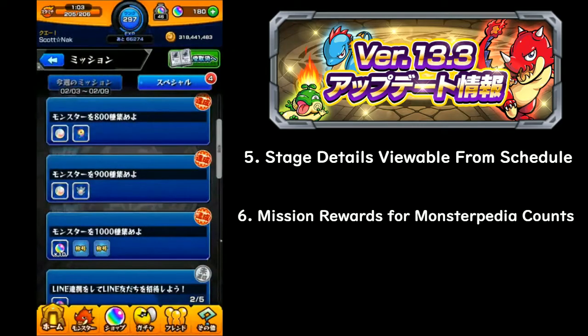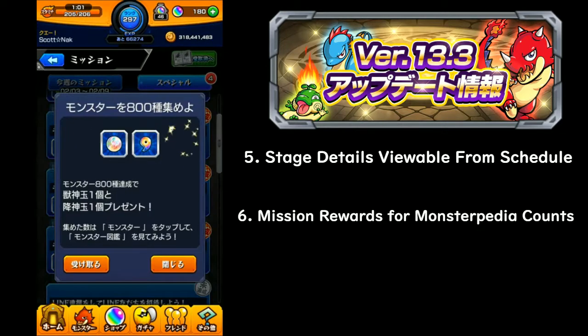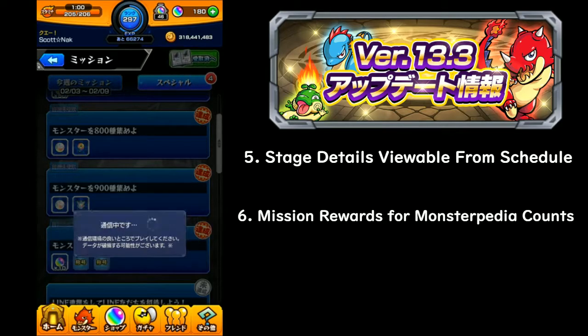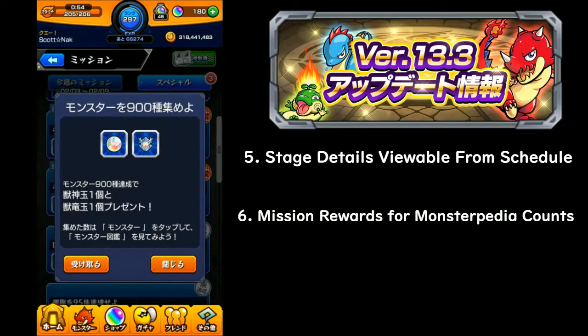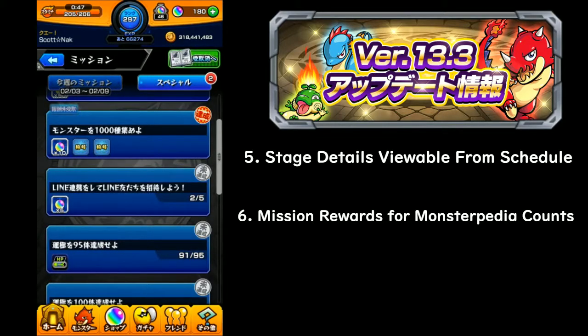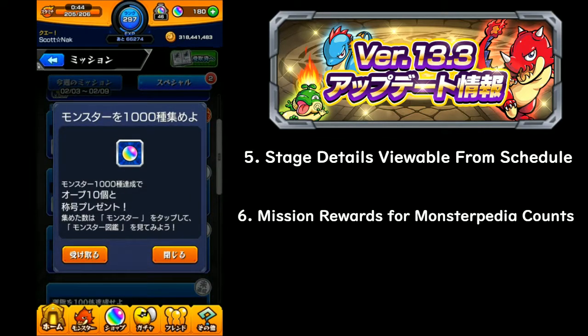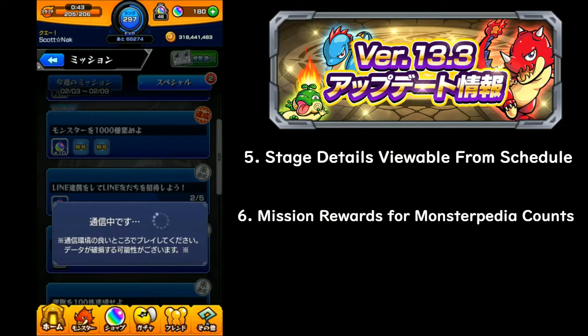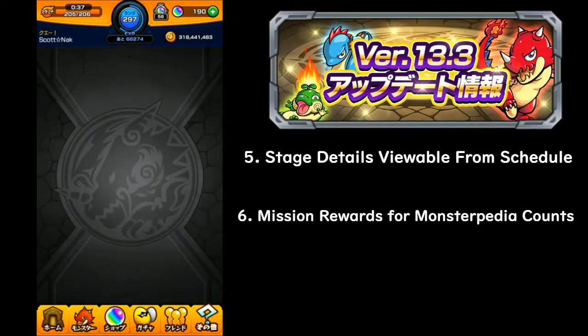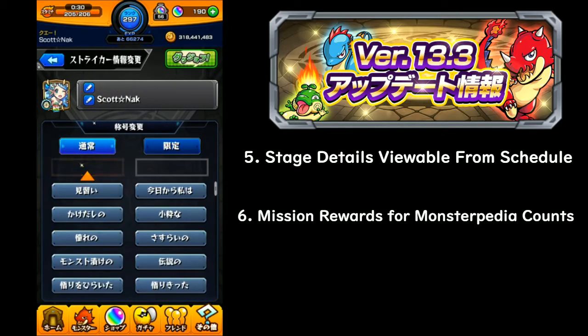But the rewards are, I guess, decent. You get a divine with the Insta Ascension Charl for 800 unique monsters. 900 features a divine with an Insta Transcension Charl, and 1,000 monsters give you 10 orbs with 2 new titles which you can unlock. I still use the Final Fantasy one, which is awesome, but I guess we can take a look at what that is. I assume...